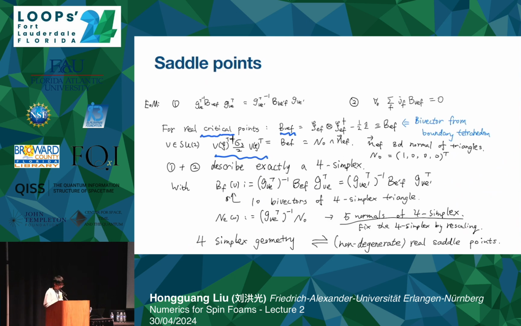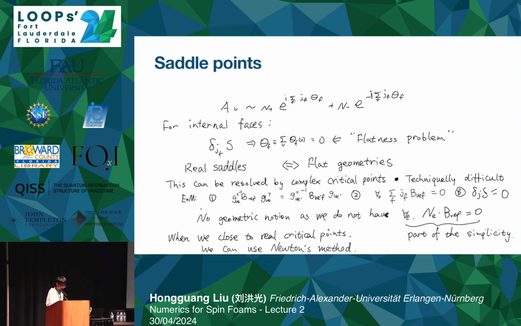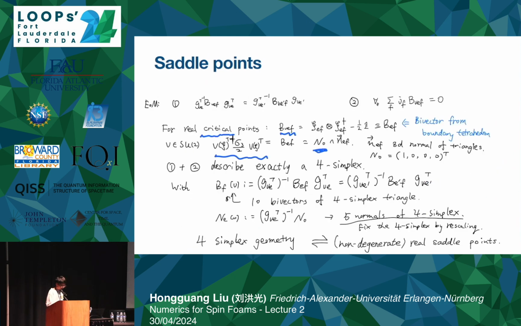So now we have a geometric notion because, as I said, now we can find a conormal of this bivector on each edge. The conormal is nothing else but the time direction, because this is purely located in the space. And now you can show that this equation of motion describes exactly a 4 simplex. Why it's described as a 4 simplex is that now we have 10 bivectors, and each 4 bivectors of them form a